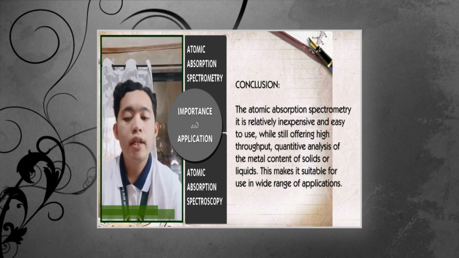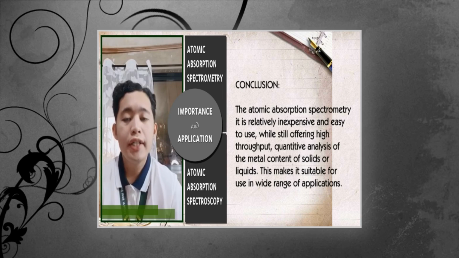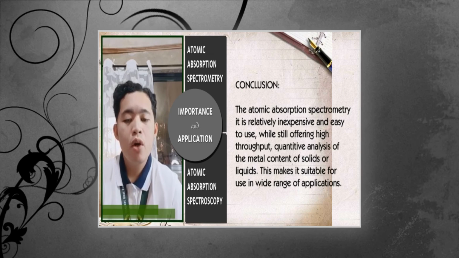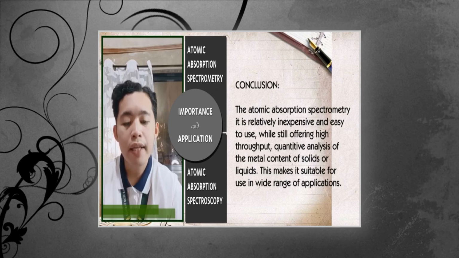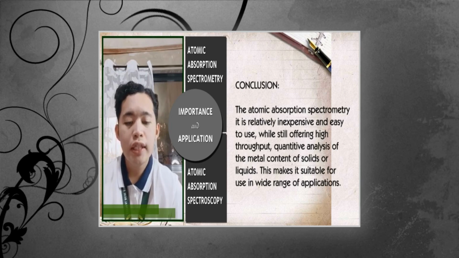To wrap up, atomic absorption spectrometry, or the AAS, is relatively inexpensive and easy to use, while still offering high throughput quantitative analysis of metal content of solids and liquids. This makes it suitable for use in a wide range